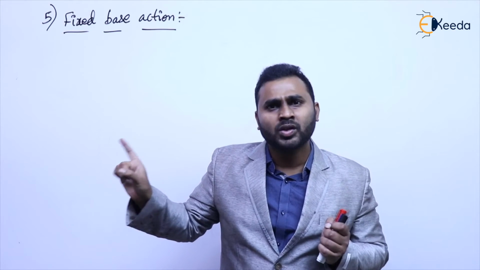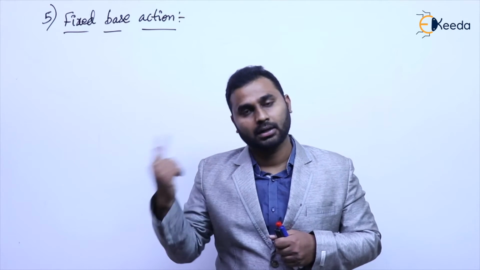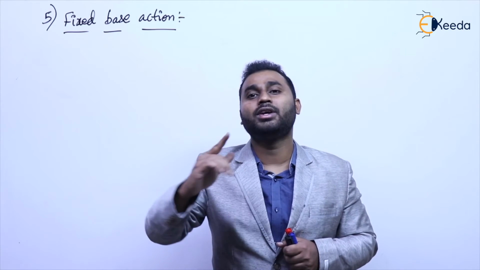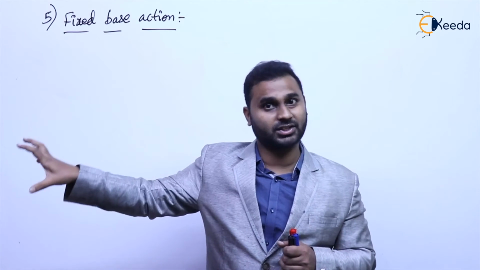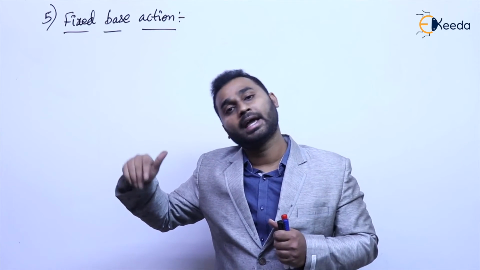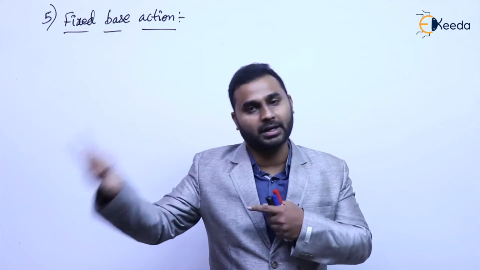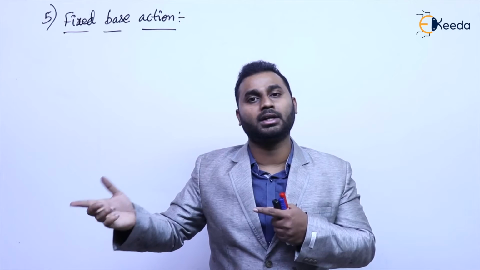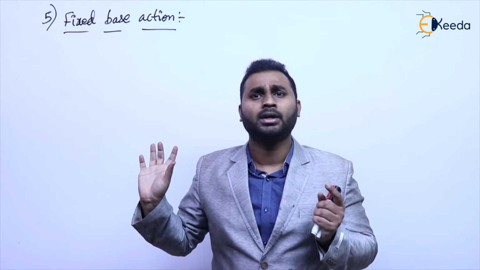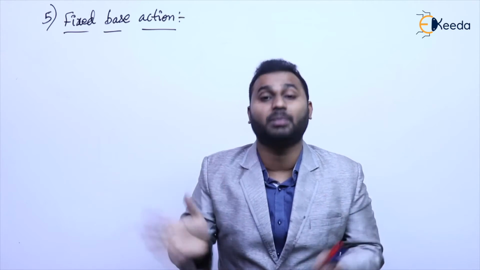If that selected trial section doesn't meet those criteria, or if that selected trial section is too much on the safer side, then we have to go for selecting a different section, and that other section again has to be checked for these interaction equations. It means all the calculations have to be repeated, that is checking for interaction equations and formulas. This procedure is repeated till a satisfactory section is obtained.